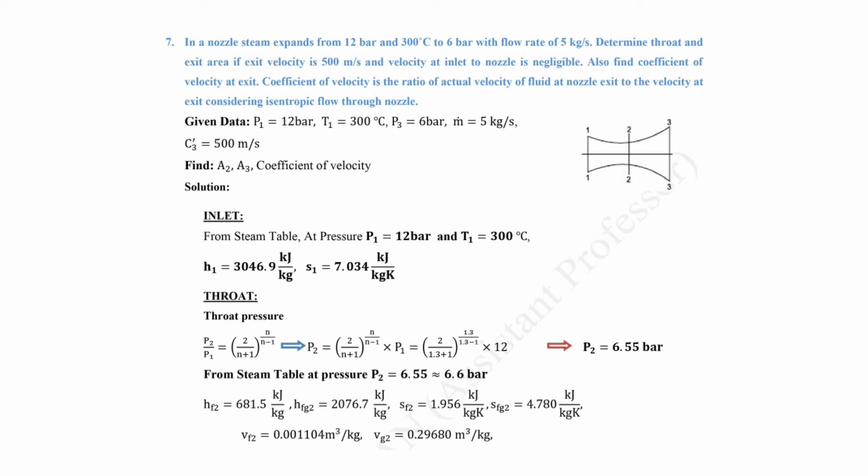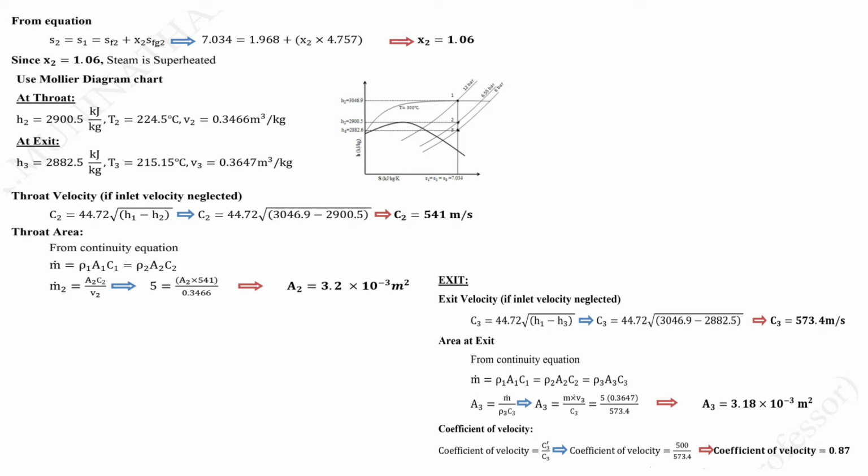From the steam table at pressure P2 we obtain HF2, HFG2, SF2, SFG2, VF2, VG2, and then from the equation S2 is equal to S1, so SF2 plus X2 SFG2